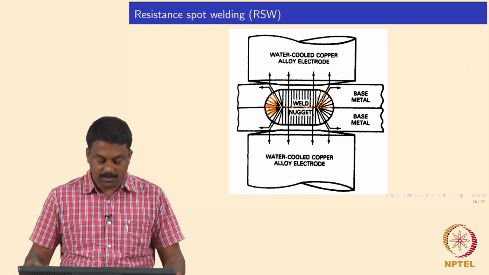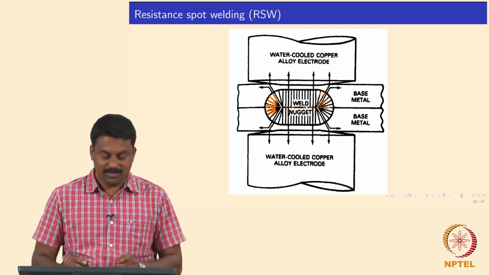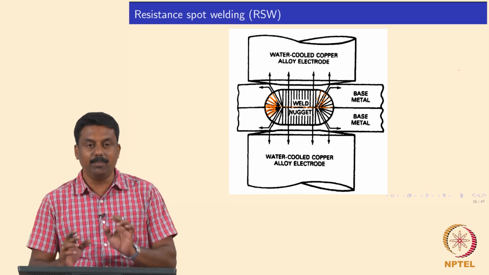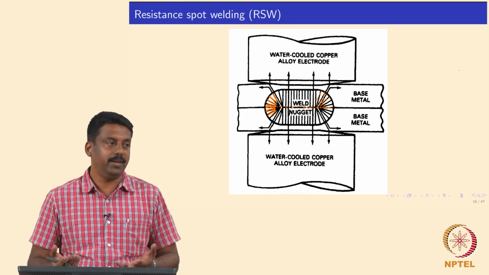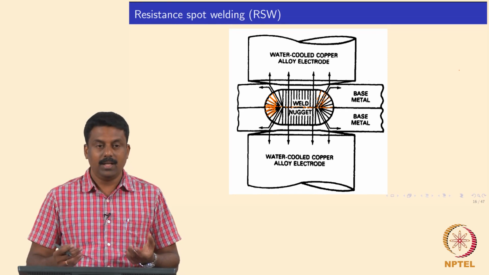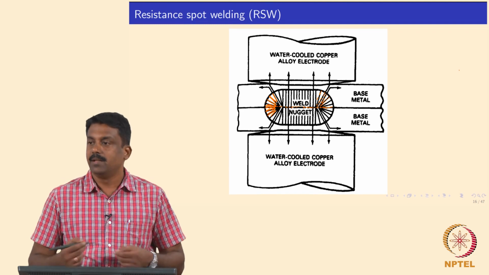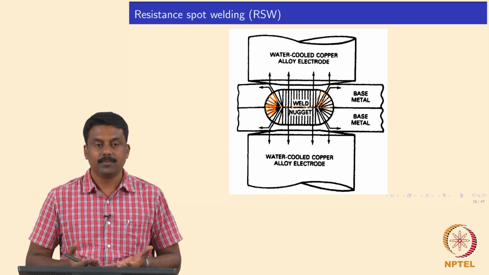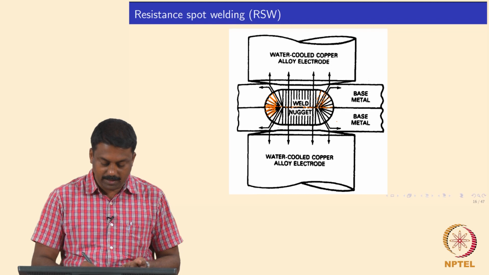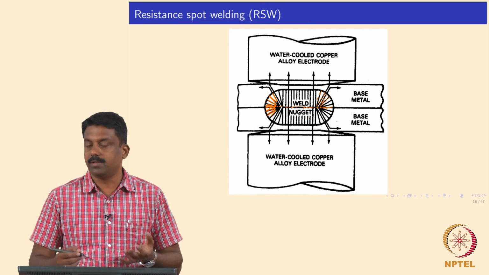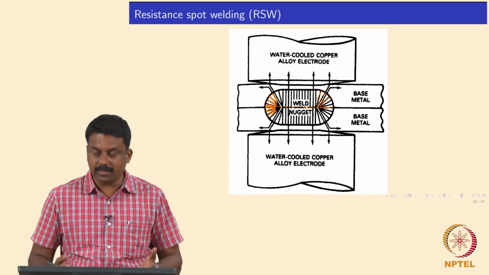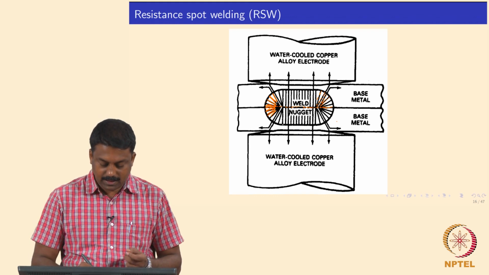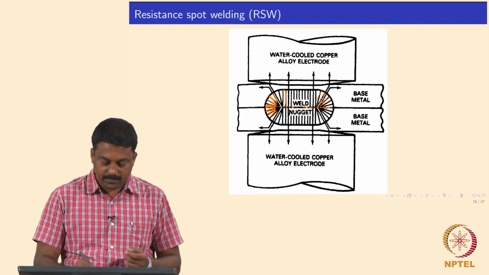It's clear. So unless you do some magic, this weld is going to be very brittle. For a low carbon steel or simple steel you don't have any problem because segregation is not that significant. The moment you increase the alloying elements, you will end up making the weld brittle because of the segregation at the weld center line due to the solidification pattern. You always have a columnar growth from the fusion boundary towards the weld center line, because that is how you extract the heat, isn't it. So you will have a very steep temperature gradient, and the weld solidifies from the fusion boundary towards the weld center line.